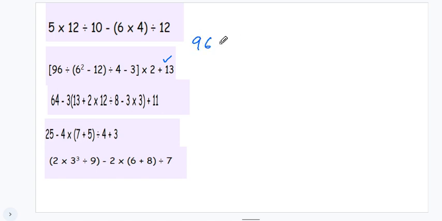Okay, so here we have 96 divided by 6 square. Now this is called indices or orders, the squares, roots, everything like this. Okay, so we have 4 minus 3. And what about these brackets? So 4 minus 3 times 2. Okay, now before going to the next question, I want to tell you that